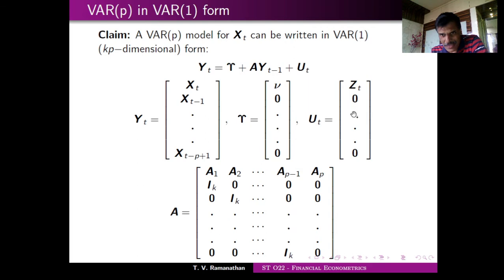Whereas here we have considered this as a vector, so you have to be careful when you write the appropriate order because I am denoting vector as well as matrix by the same symbol 0. Only thing is that it is bold, so the order has to be taken appropriately, right? So here I will be writing I_k, 0, 0, 0, 0, I_k, etc. The last row is 0, 0, I_k, 0. Now if you multiply this by this y_t, what do you get? A1 x_t, A2 x_{t-1}, etc., A_{p-1} x_{t-p+2} and A_p x_{t-p+1}.